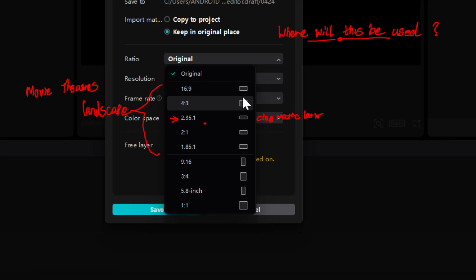So this one is the one we use the most. This is for YouTube. Okay. YouTube, anything for your TV, anything landscape. That's where you use that. 2x1 is still cinematic, but is not as long. Same as this. So I'll just put all of them as cinematic. This one,